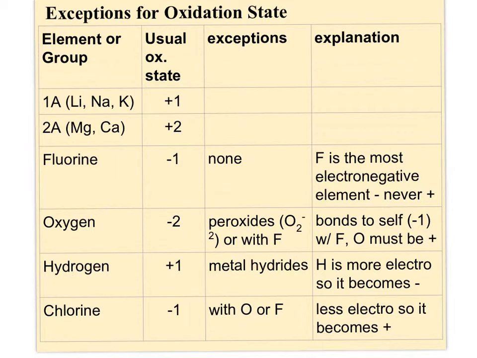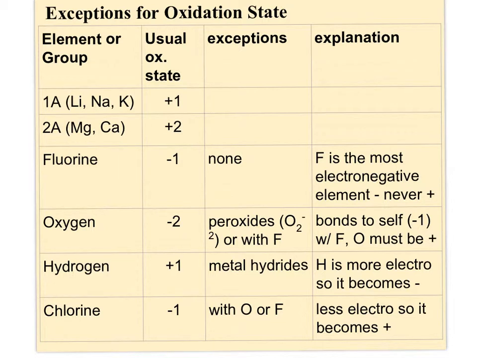Oxygen, nearly as electronegative as fluorine, so it's going to be -2 unless it bonds with itself, and then it can actually have a -1 oxidation state, or if it bonds with fluorine, and then it becomes a +1. So peroxides is when you have an O2 with a -2 charge, that means each oxygen only has a -1 charge. And when it bonds with fluorine,